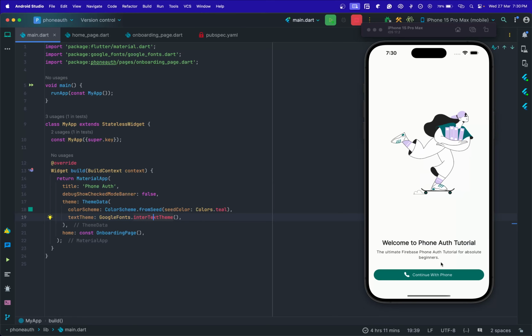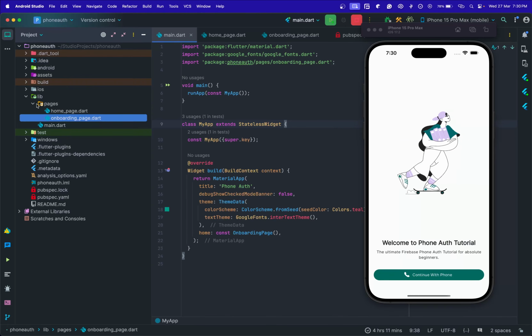Now when we click on this continue with phone button, we want to navigate to a page where we can take the user's number and then do this kind of authentication where we send the user an OTP. So basically we are going to have two pages for the authentication. The page where we take the user's phone number, and then the page where we verify the OTP we send to the user. Right? So to kick things moving, let's first come here, and I have a pages directory